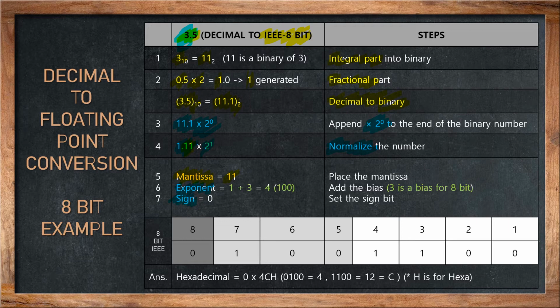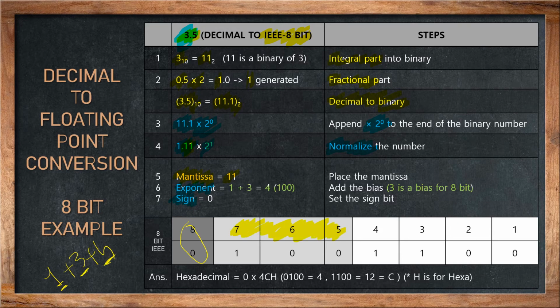And we know that in an 8-bit representation, the format is 1 plus 3 plus 4, meaning 1 is for the sign bit, 3 places for the exponent, and 4 places for the mantissa. So here you can see with the color difference that this is the sign bit location. So 0 is my sign bit. Then we have these three positions, and this is the location for the exponent.